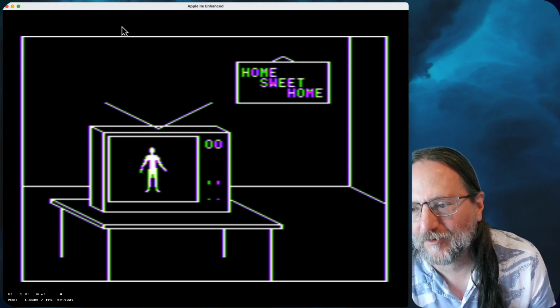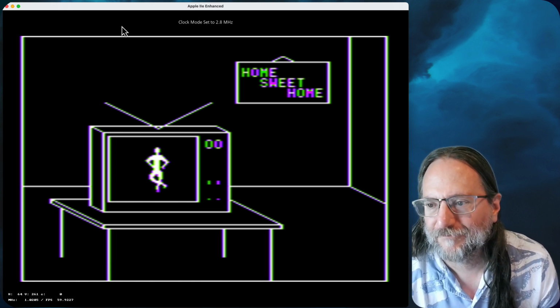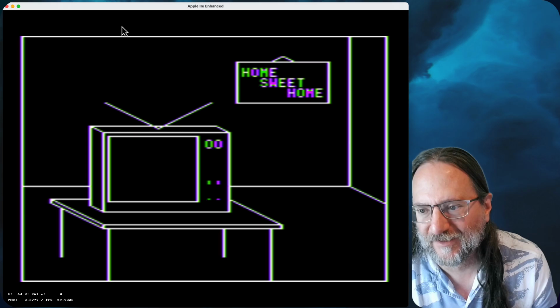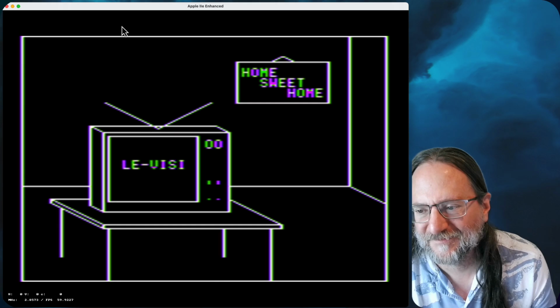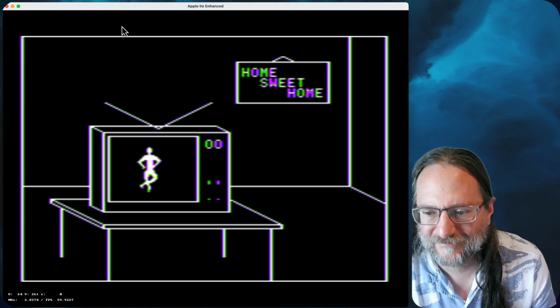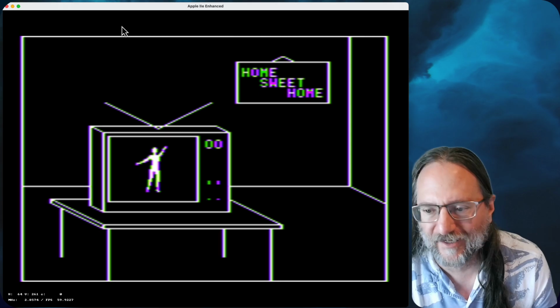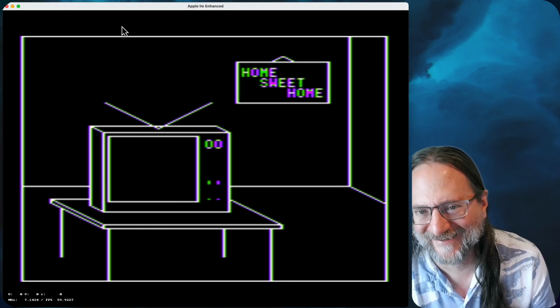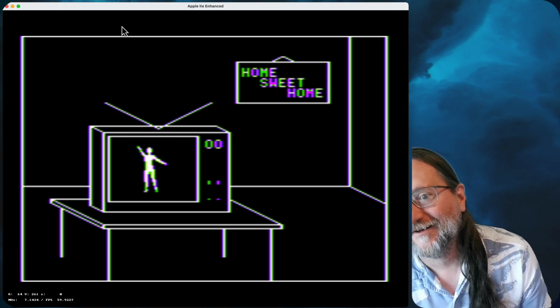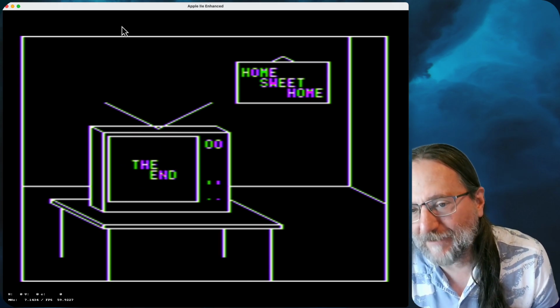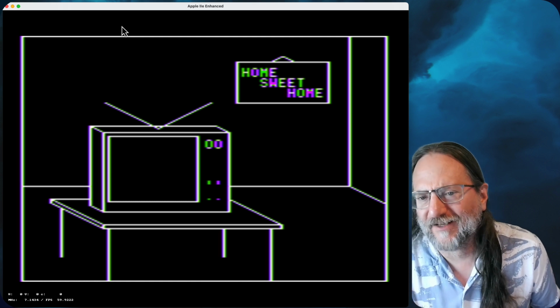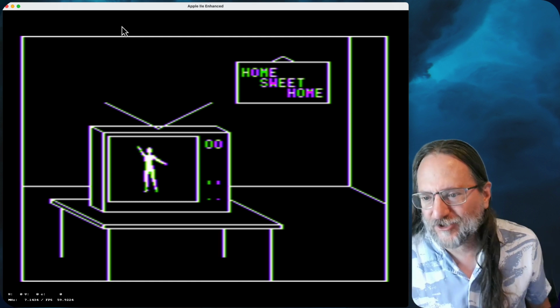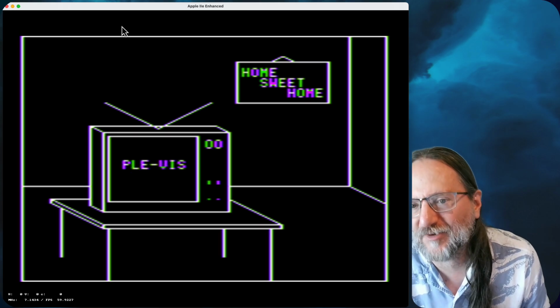Okay, so this is how it would play at normal Apple II speed. Here's the 2.86 megahertz speed. That's really fast. And then 7. 7 gets a little silly. But you can see, if you're using something like AppleWorks for word processing or spreadsheets or stuff like that, crank it up to 7 megahertz. Get your job done faster. We all wish we had computers this fast back in the 80s.